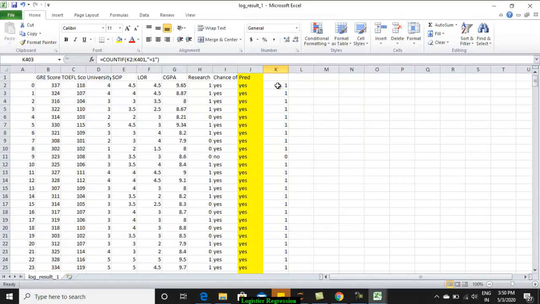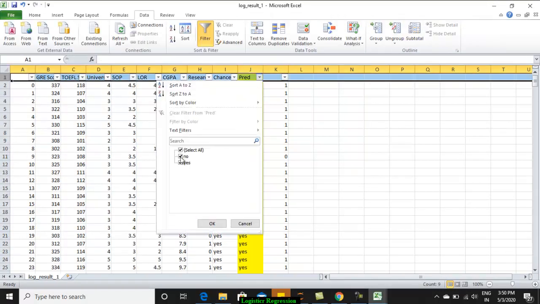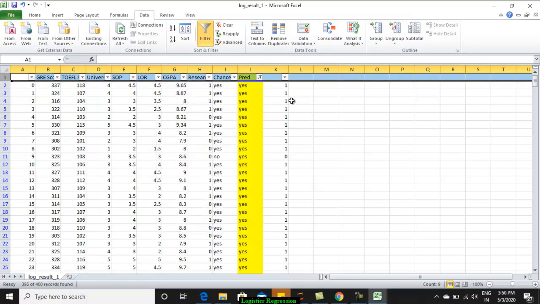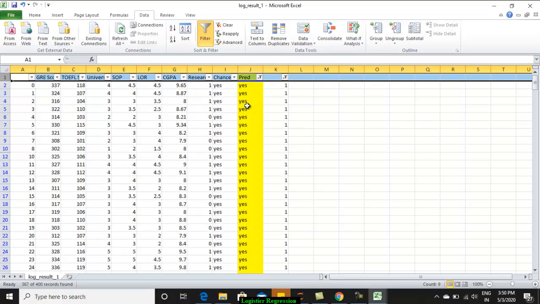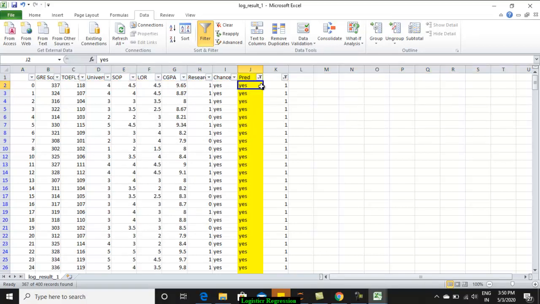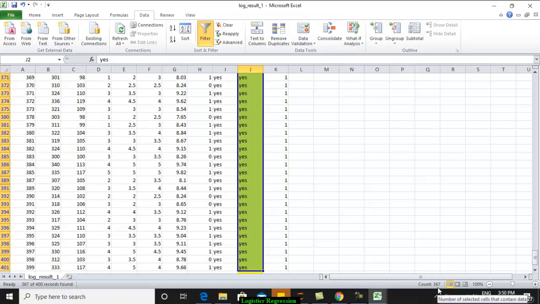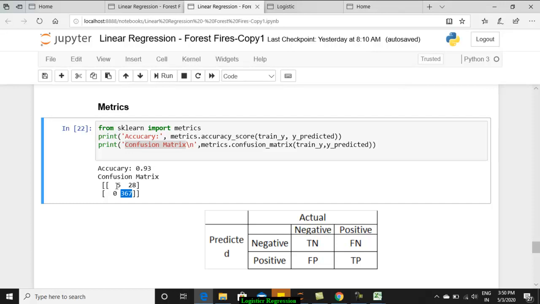Just we'll filter the column. So I'll filter the yes attributes first, and then we need to take only the correct predictions, right? So I'm filtering them out. Just see how many there are. You see the count, it is 367. Similarly, if you filter on no, you will get 5. And what is this 28? 28 are the ones that fall under class A, which is your yes value, but it was not properly predicted. It is said to be no.